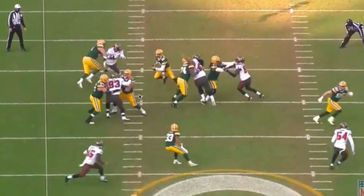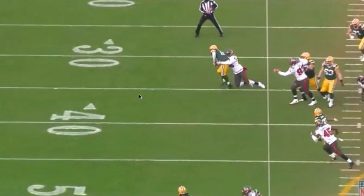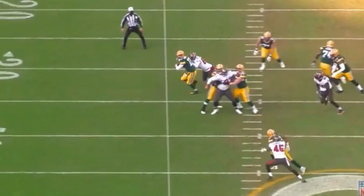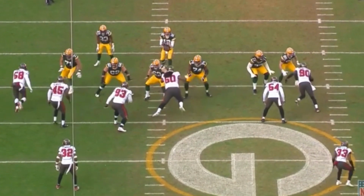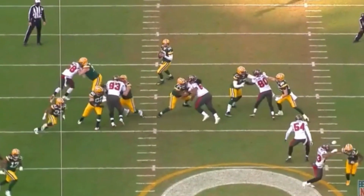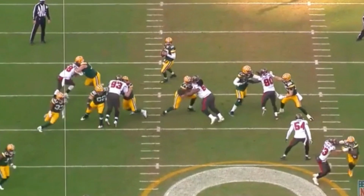But with him running to the side, there's nothing he can do. And at that point, the only way he's stopping that sack is a hold. So that's what I mean when I say you can convert speed into power. He's not necessarily functionally stronger than this dude. I doubt it. I mean, he does stick his hand in his chest and bull rush him, which is another